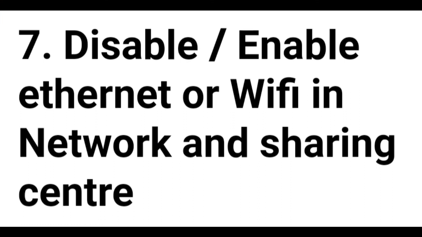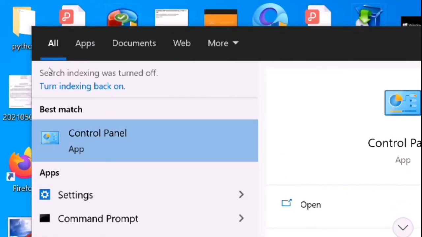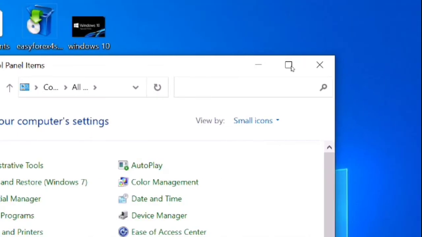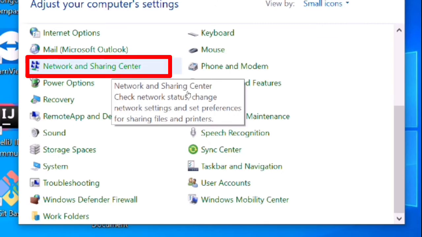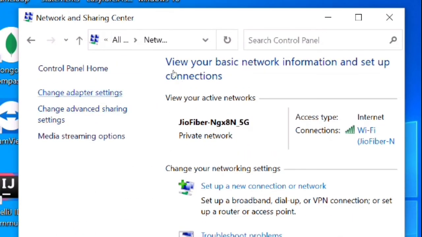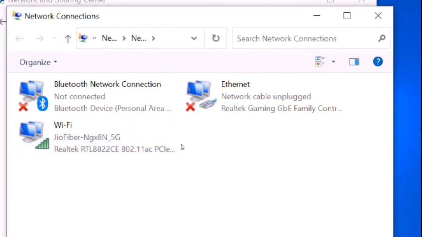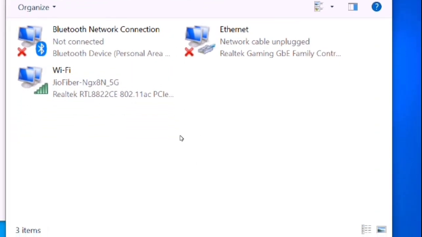Seventh, disable and enable the internet or Wi-Fi connection. Go to the search, open control panel and choose the option network and sharing center. Here, from the right side of the window, choose change adapter settings. Now the available internet connection is available here.